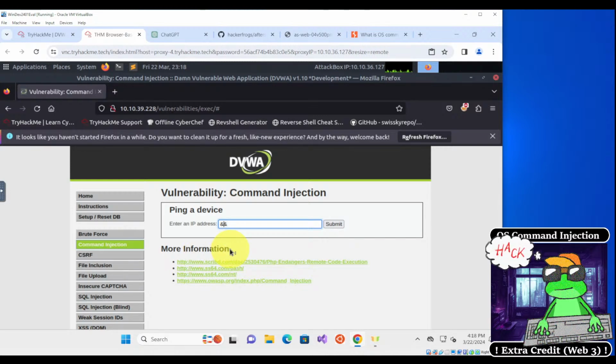But we can fix this by doing who am I like this. And what we need to do is supply an actual end to the ping command. So we can submit an actual IP address, and then we can do and then who am I, and both of these commands' output should come back to us. So when we click on submit,